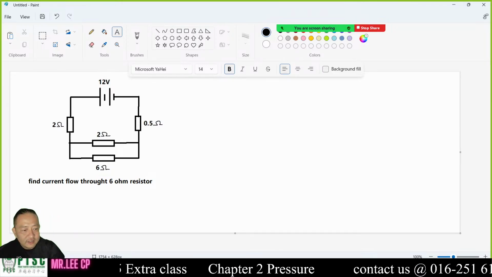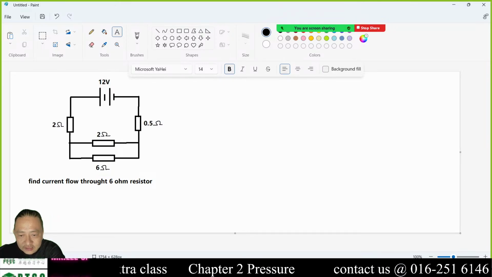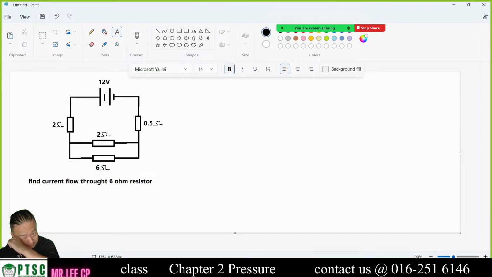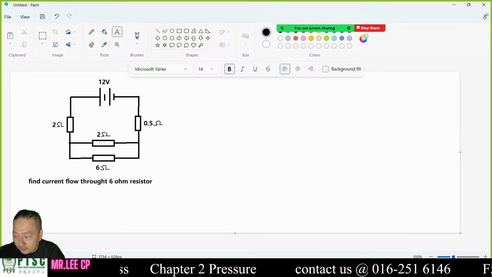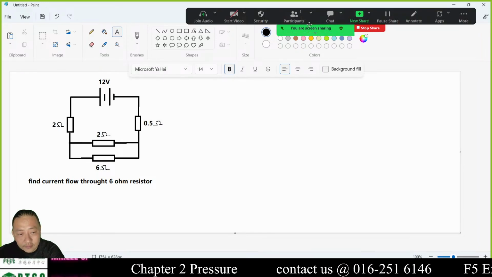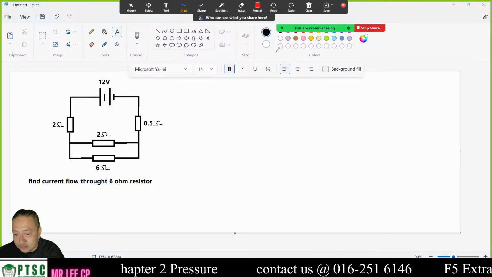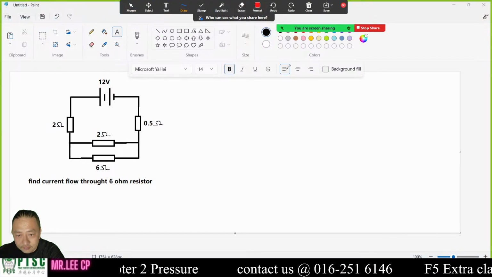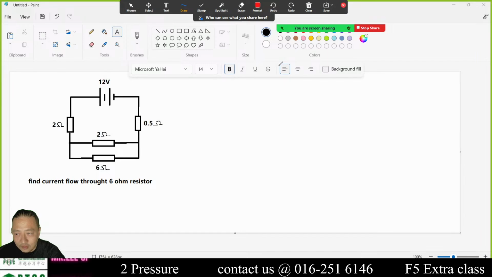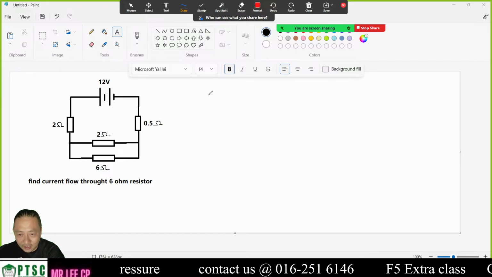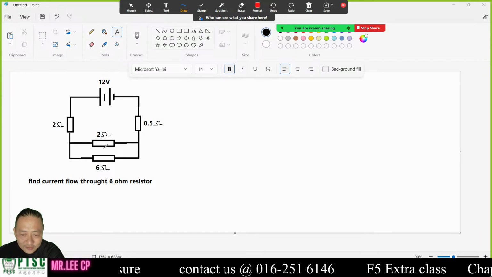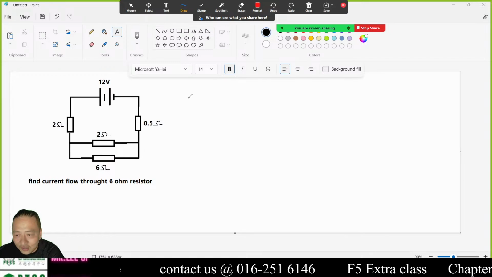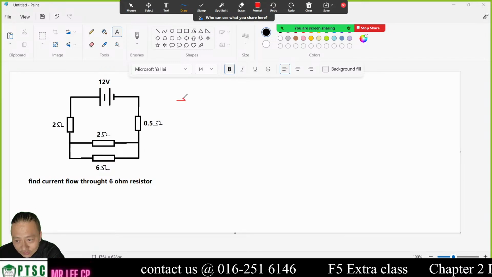Find the current flow through the 6 ohm resistor. How to do it? I'll do it to show you. This one is not very hard. First of all, what you need to do is